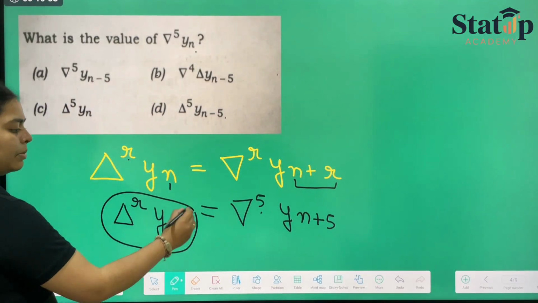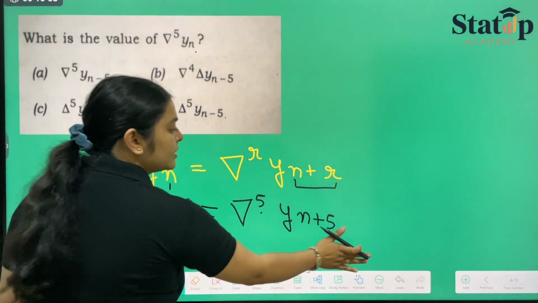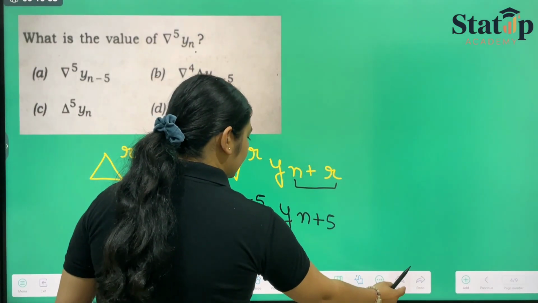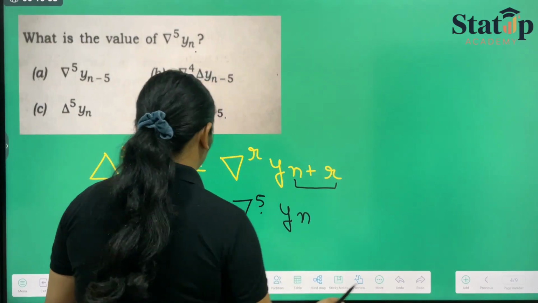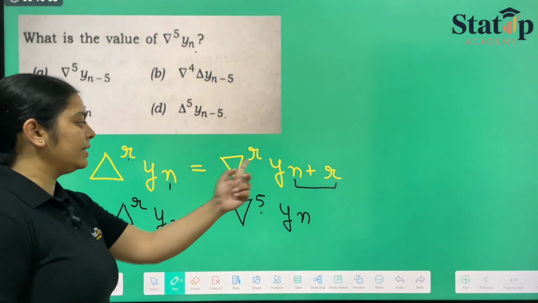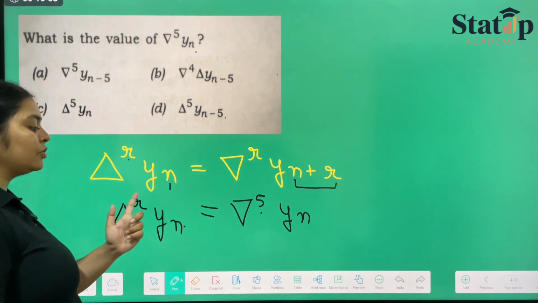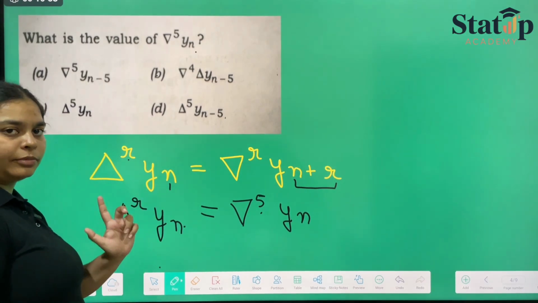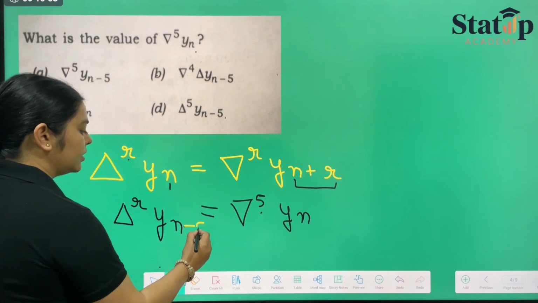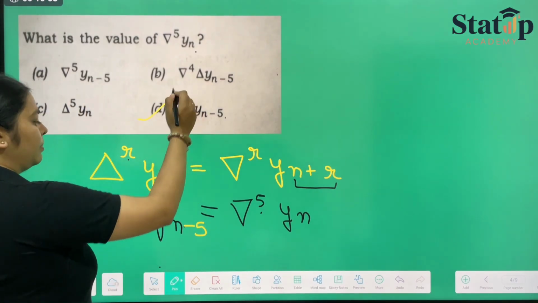Left side will be simply this, but instead of n plus 5 they have given us n. So to make these two equations equal, I have to subtract that r from the left hand side in order to equalize it. So I will subtract 5,